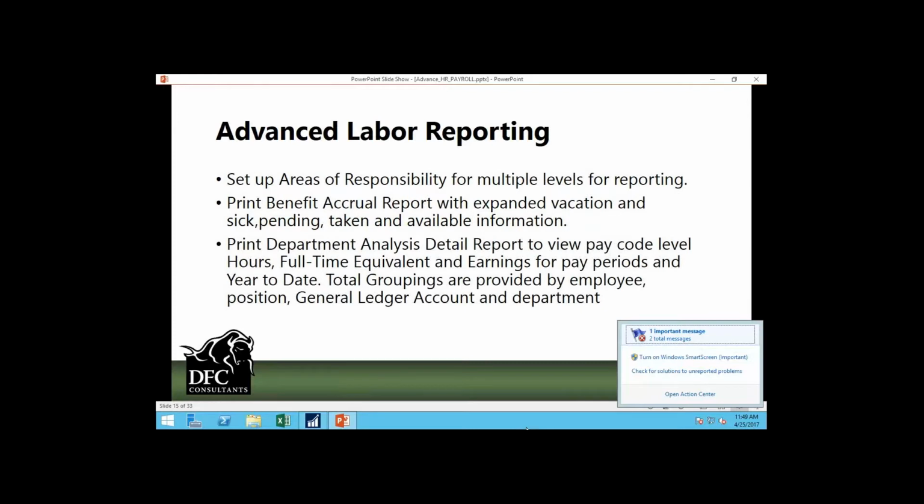You can set up areas of responsibility for reporting. Essentially, you're setting up your supervisors so they can see their reports, they can see the departments, the divisions, or the positions that they're responsible for. And then you can